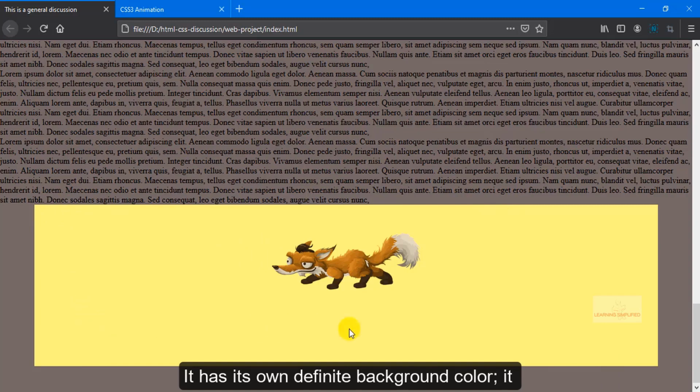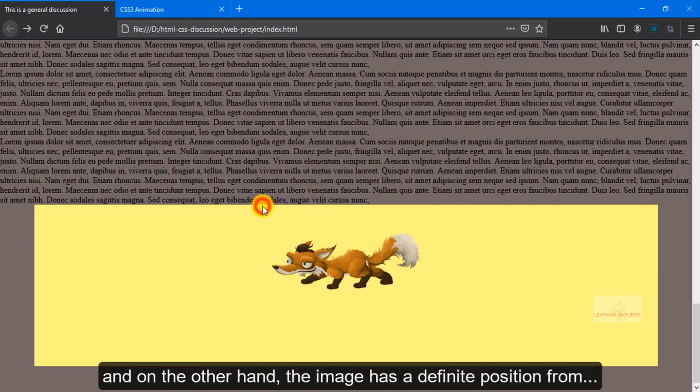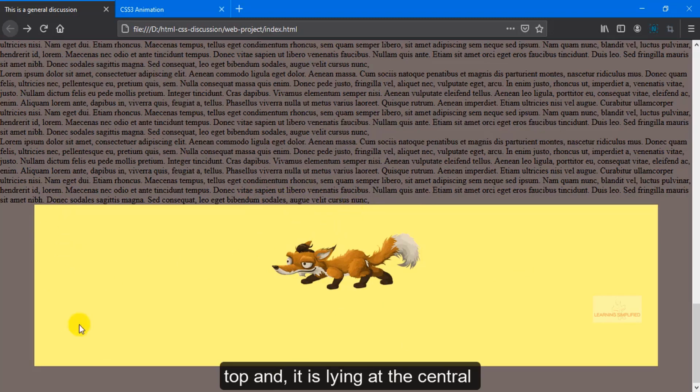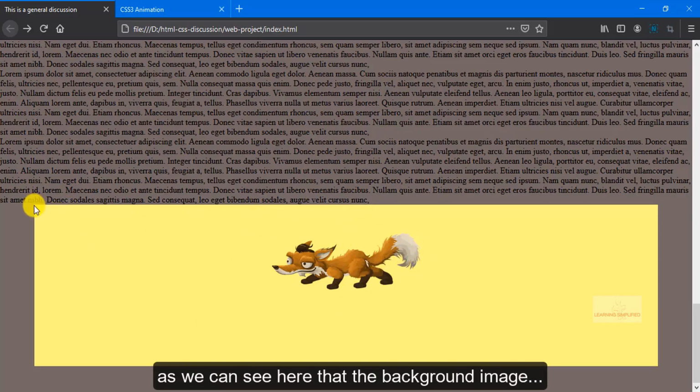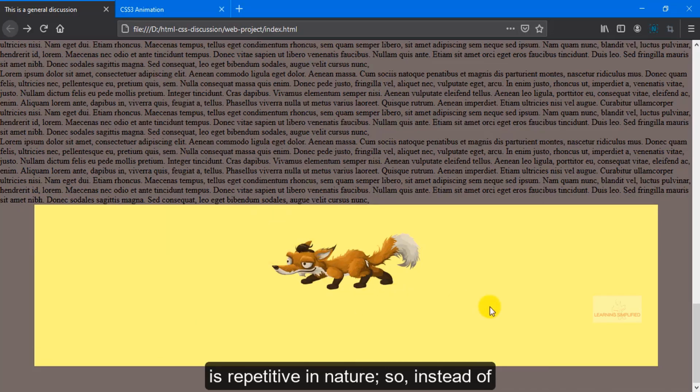It has its own definite background color, it has its own definite background image, and the image has a definite position from top, and it is lying at the central position of this individual div element. And as we can see here, the background image is not repetitive in nature.